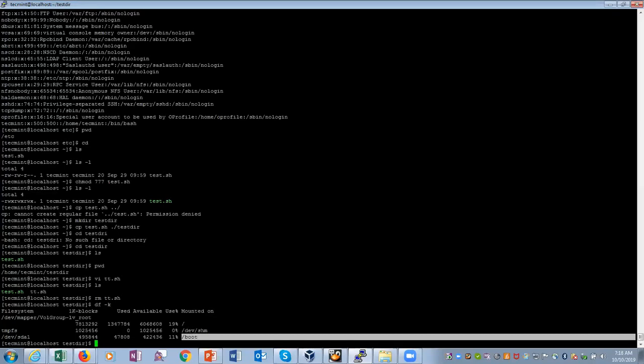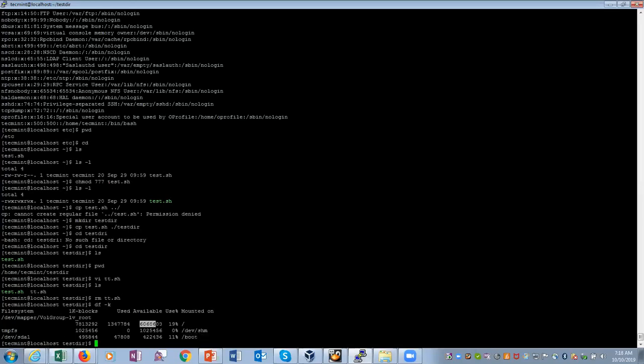We do not have many file systems here, but in a production environment, if you type the df command, it will show you a long listing of different mount points in the file system. In the df command, you can see how many kilobytes are available, what percentage is used, and how many kilobytes are actually used. So we can find out how much space we have in the file system with the df command.